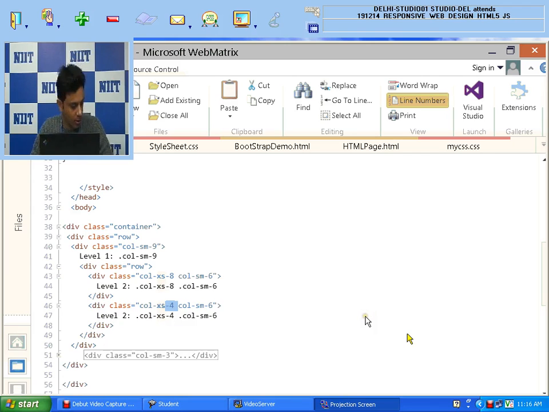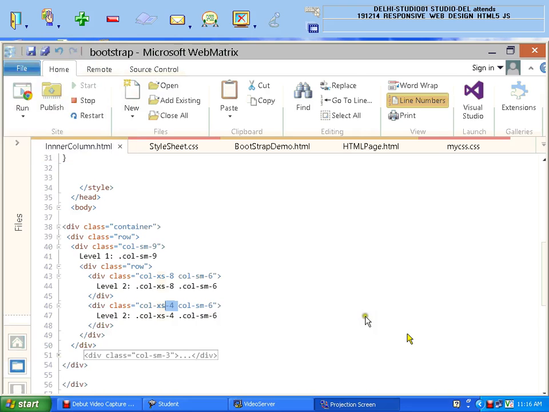Okay, so we will start the session again, and now I will explain how to use the Bootstrap website to copy the content, and how I can use that in my web page. What you have to do is simply go to your